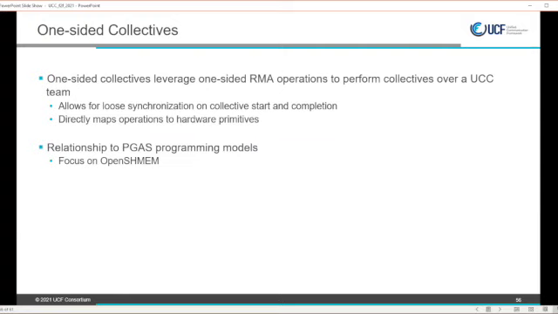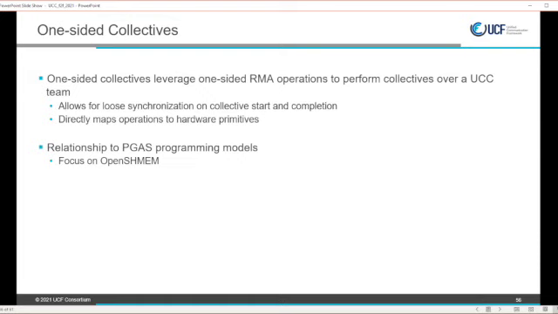This allows for loose synchronization on collective start and completion, taking advantage of those one-sided operations, and directly maps our point-to-point communication operations within a collective to the hardware primitives.